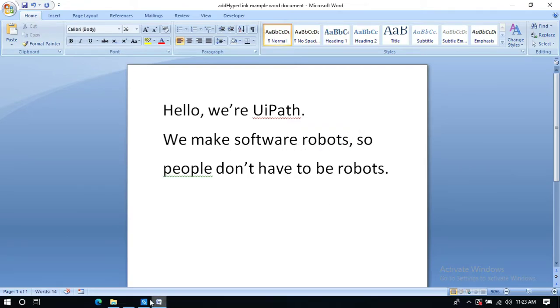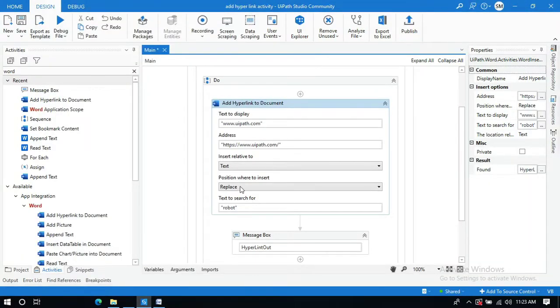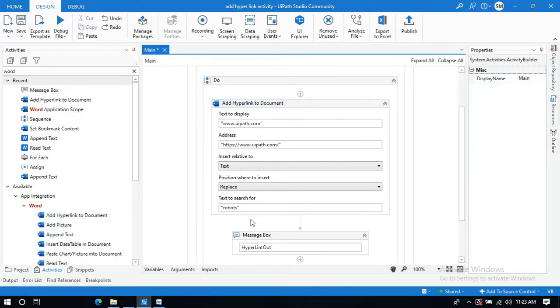Okay, so go to UiPath Studio, and I will just change this option to replace, and I will keep it as robots. It is going to replace the text robots with the given hyperlink. Let me run this bot.